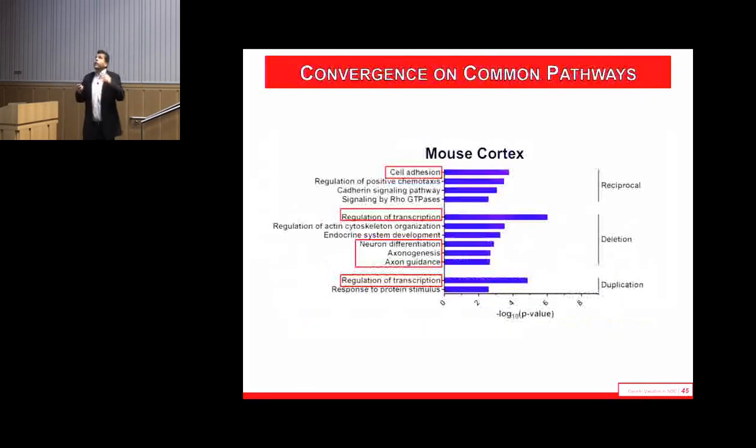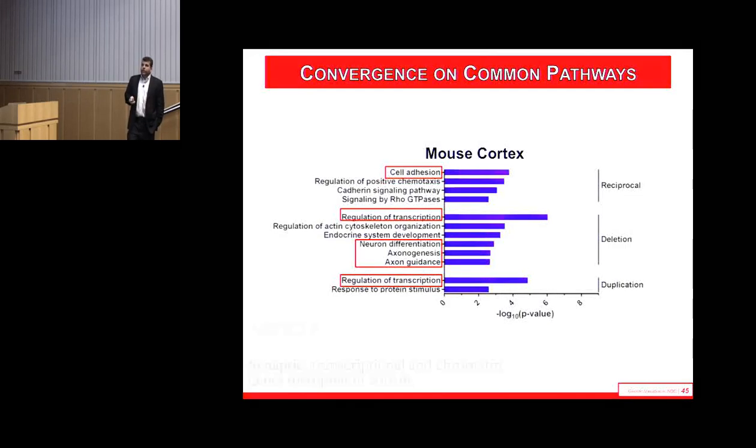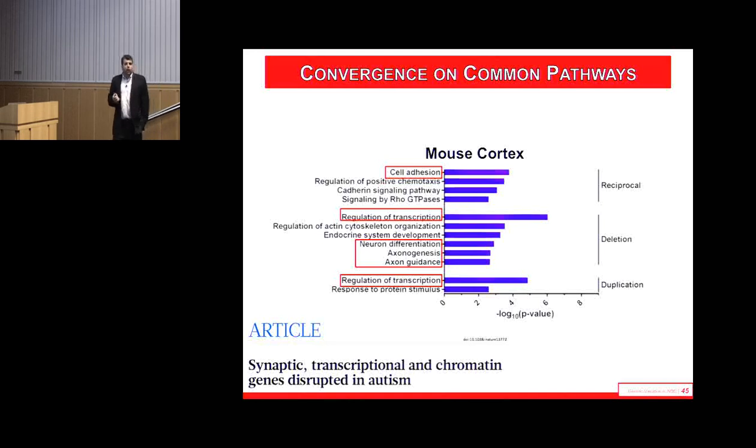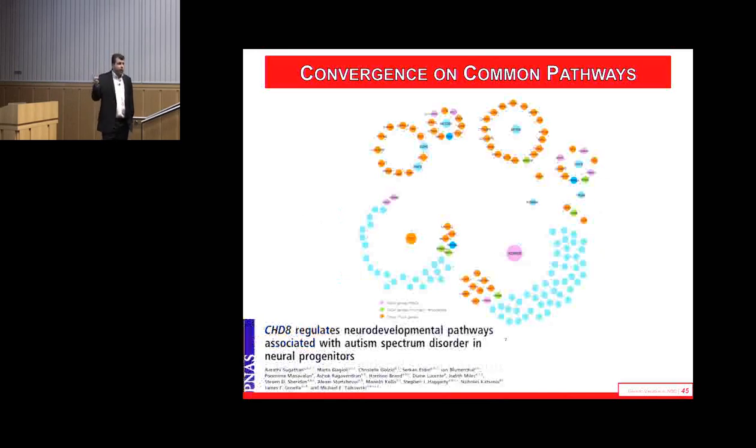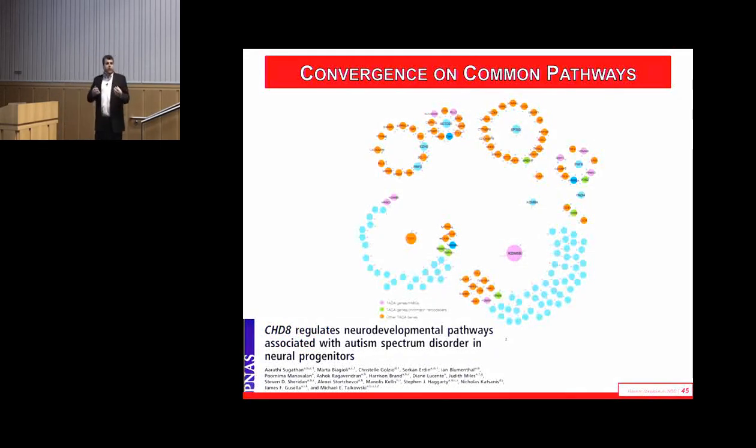Okay, finally, the convergence on common pathways. So I showed you the CHD8 data. A number of other genes that have been associated with autism have converged on those same pathways. And when we look at the mouse cortex, what we see is cell adhesion, regulation of transcription, and neuronal differentiation. Those are the exact same genes that have come out of the autism exome sequencing studies, and they're the exact same networks and pathways that I just told you about in our CHD8 study. So I think at least early on, in a field where we had very little to hold on to for quite a long time in terms of bona fide causal factors in autism, we're starting to make some serious progress in terms of genes, pathways, and networks and how they're regulated and how they may influence developmental timing.